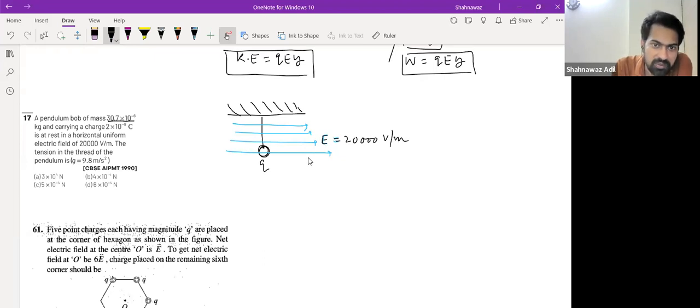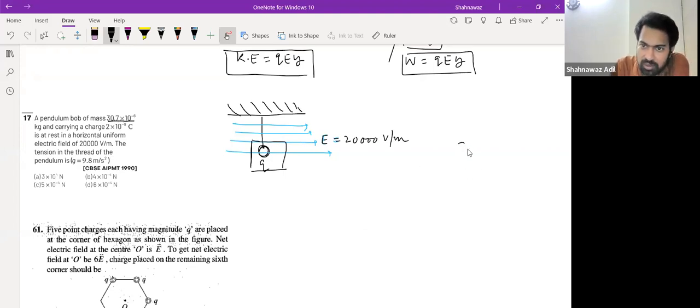Okay, and we have to calculate the tension in the thread. Yes, guys, so understood the question? Yes, sir. So we have to calculate it, so what is the free body diagram of this charge? Okay, so you have